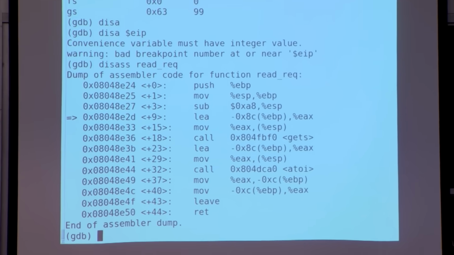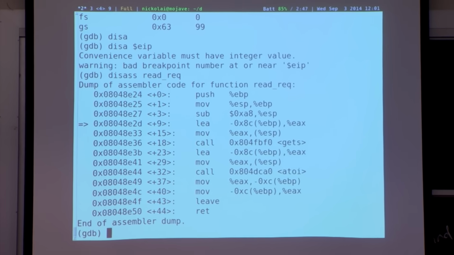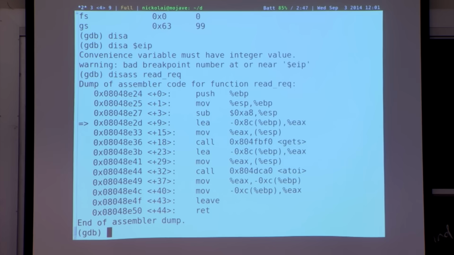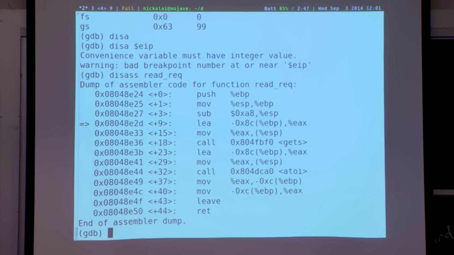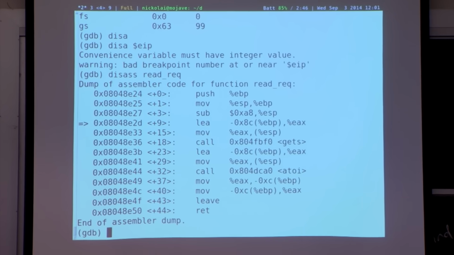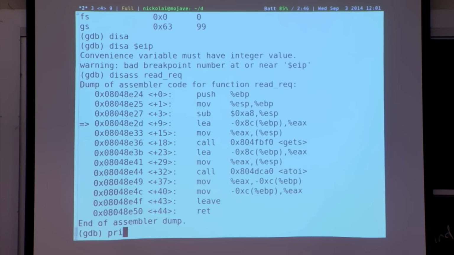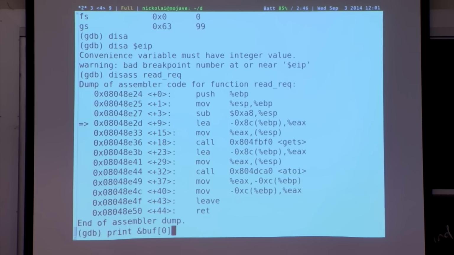And currently, there's stuff above it that is going to be the buffer, that integer value, and actually also the return address into the main function goes on the stack as well. So somewhere here, we'll have the return address. And we can actually try to figure out where are things on the stack. So we can print the address of that buffer variable.